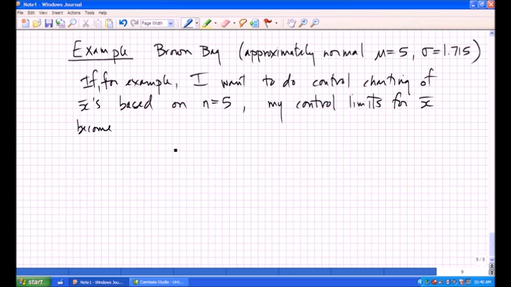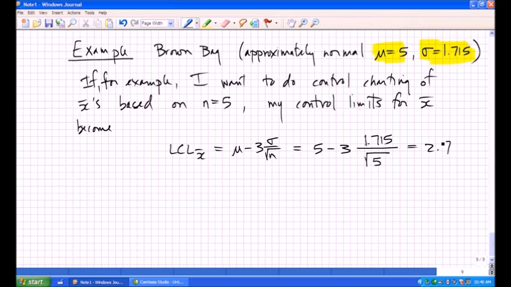Well, the lower control limit for X bar is set at process mean minus 3 standard deviations for the process over the square root of the sample size. And these are the numbers that describe the bag that I'm sampling from. So this is going to be 5 minus 3 times 1.715 over the square root of 5, and that turns out to be 2.7 if I do the arithmetic there,